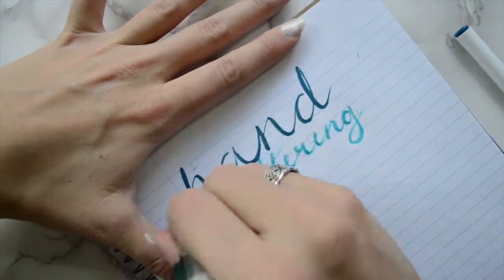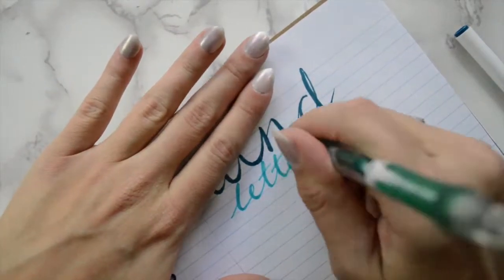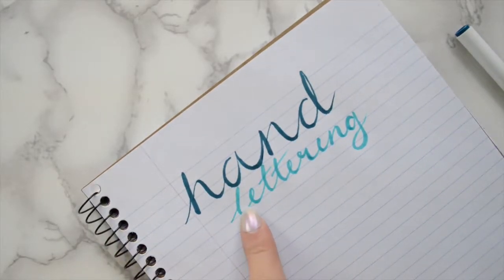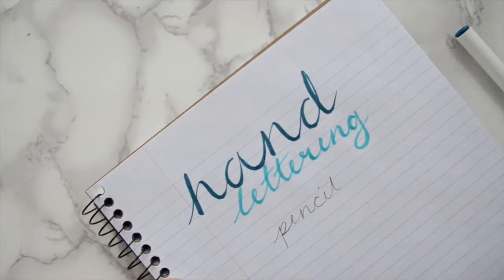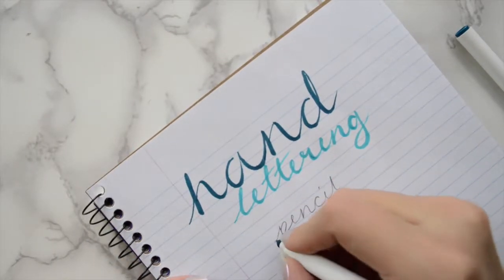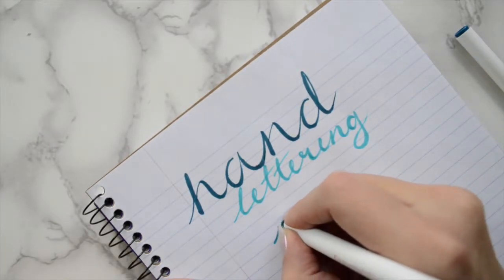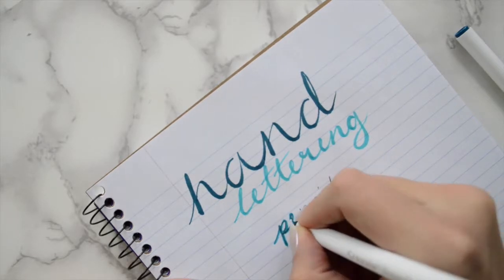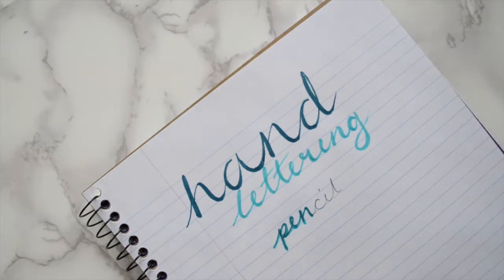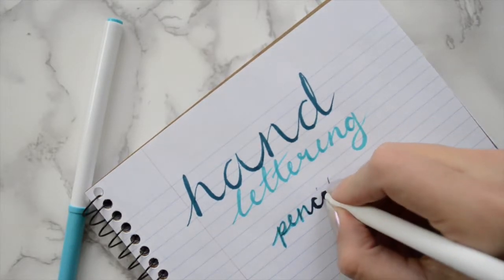The only worry about doing pencil underneath is when you're doing really light colors. That's why you want to erase beforehand, because if you do pencil underneath, like, okay, let's do pencil. All right. So if you just leave it like that and then go over it, especially with a light color, I'll show you with the dark color too. But you can see it through. Which, I mean, if that's what you're going for,